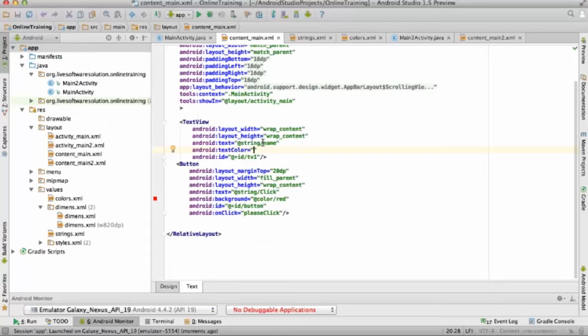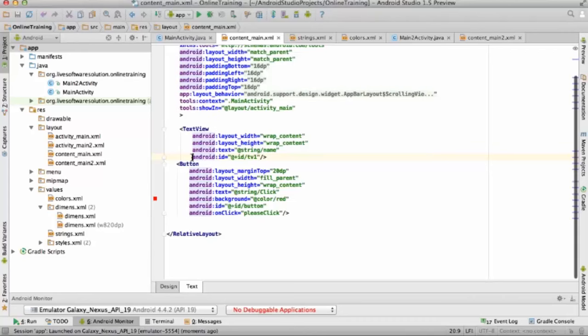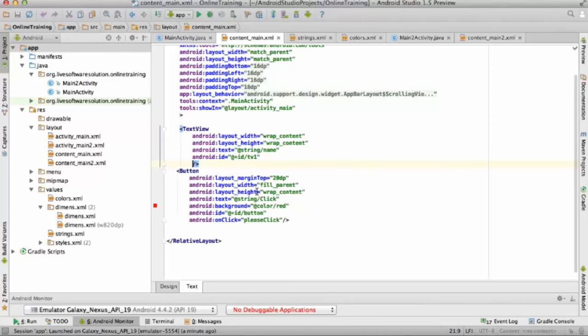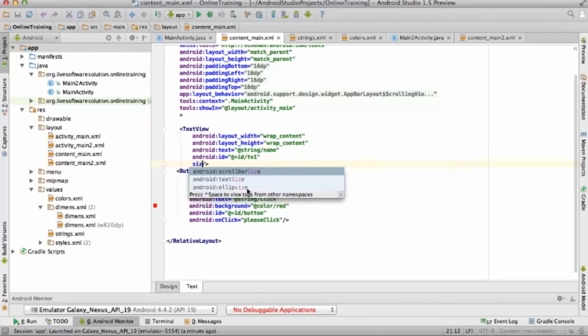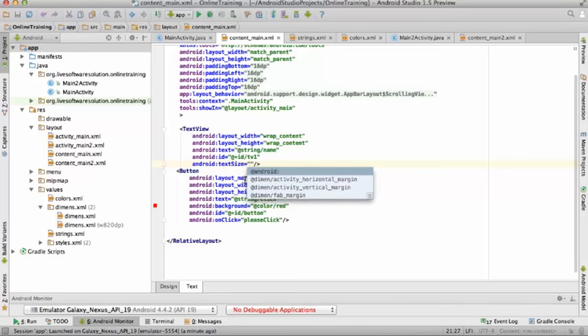So I was writing a method inside the button, and I declared a method actually, pleaseClick, right? I declare this method, and I am defining this method inside the Java file, right? And now I have to change the text. view1 dot setText.